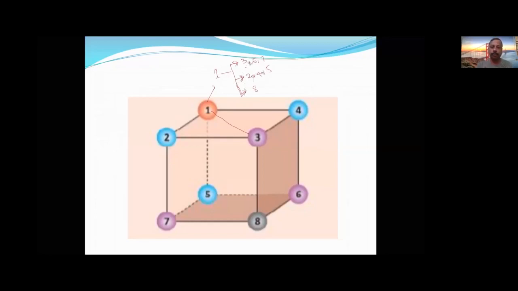Then the sum of the next nearest neighbors. What are 3, 6, 7? Very good. 3, 6, 7 are next nearest neighbors. What are 2, 4, 5? They are nearest neighbors. What is 8? It is the next to next nearest neighbor. So if nothing is provided like this, you will be able to identify now.